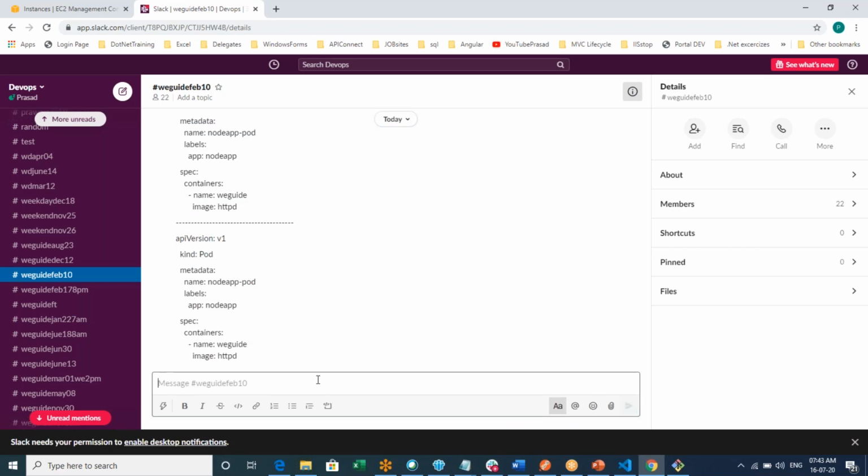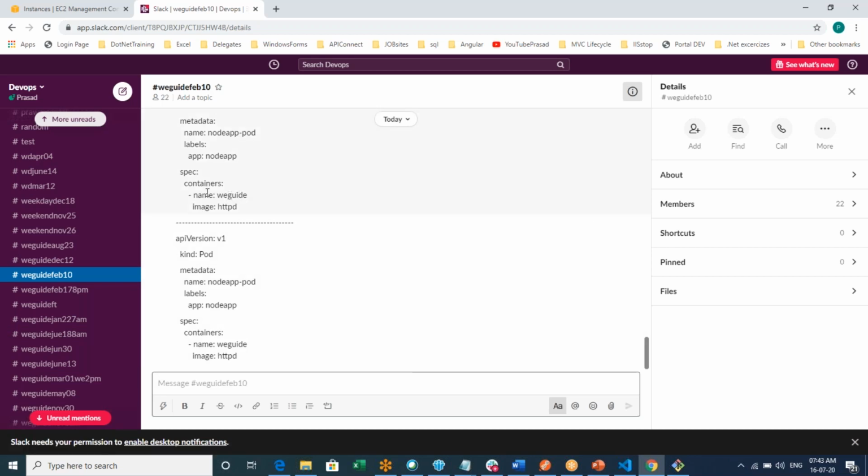Prasad, again, I have a very small silly doubt. Here, if you see spec, inside spec we consider that as a list, right? Yes, a list of containers. And how about the name? Here we have a hyphen before that. Is it considered a key value?